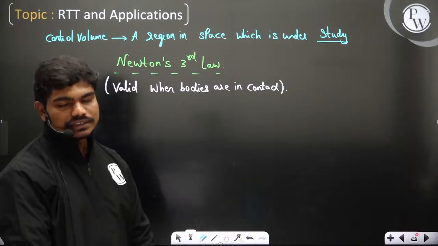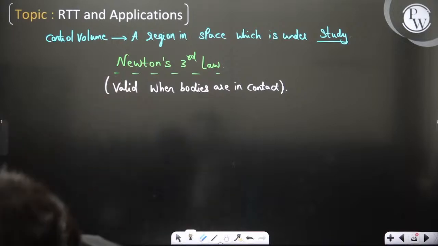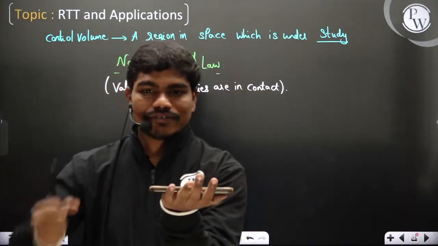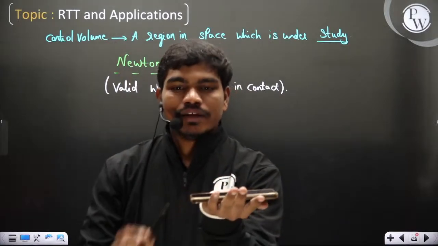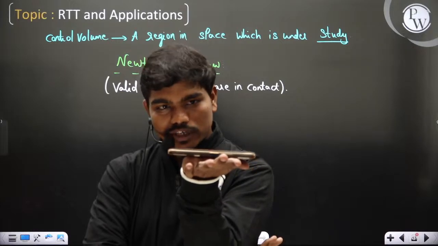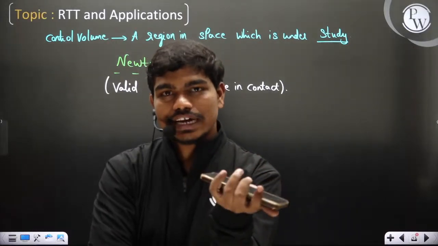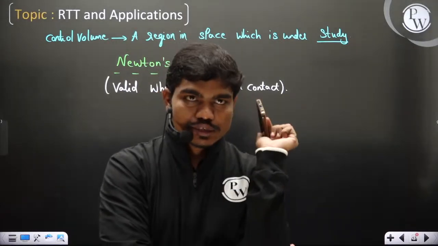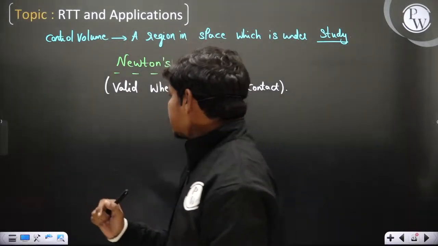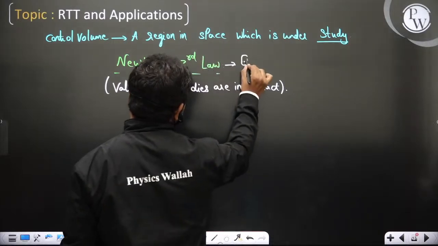For example, let us suppose I want to break this phone. Definitely I have to apply some force on it. Without applying any force, if I just fold my hands and watch the phone, will it break by itself? It won't. Correct? But when I throw it onto the wall, definitely it will break. The reason is, the actual Newton's third law of motion tells you every action force